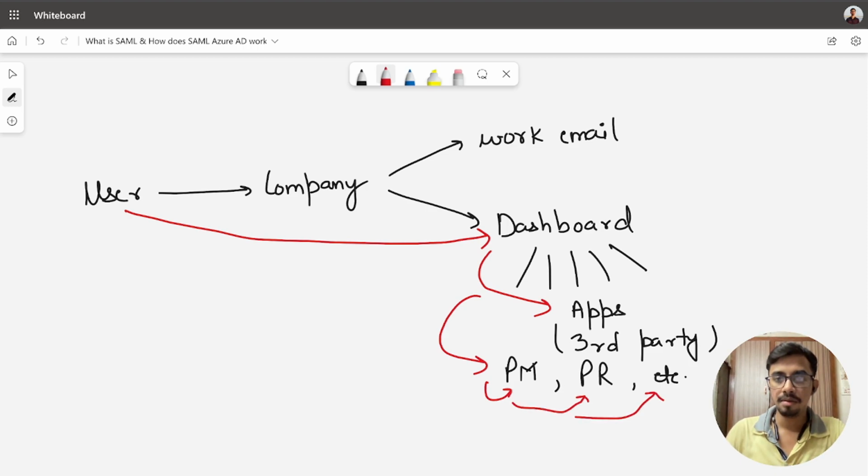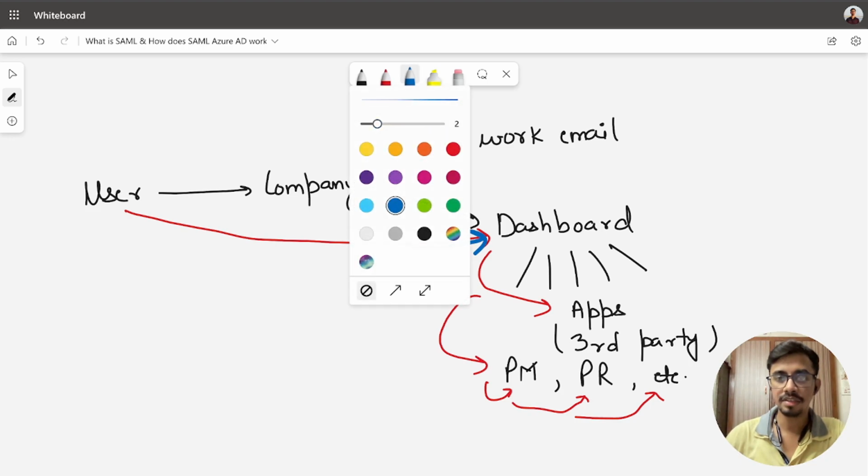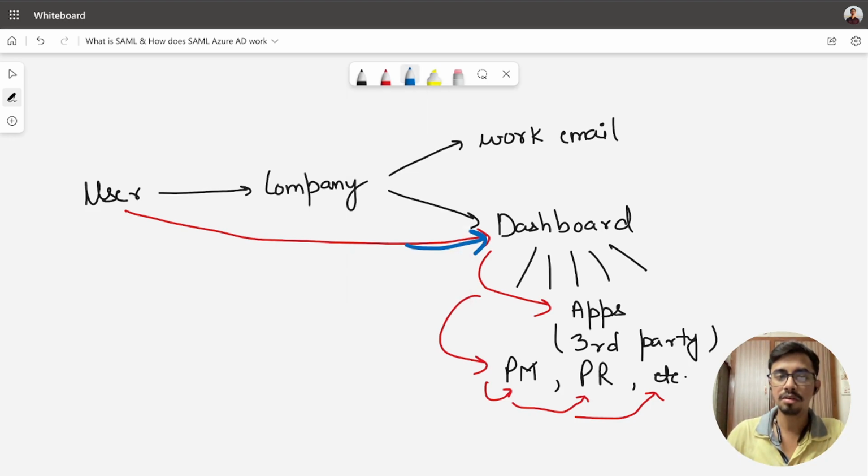right? But here is the magic. What he sees is that when the user visits his dashboard, he actually does not need to log in into these third-party apps.